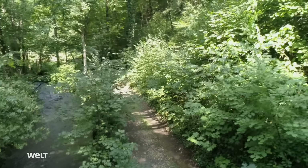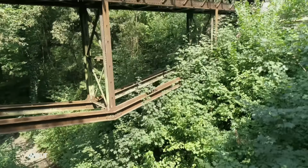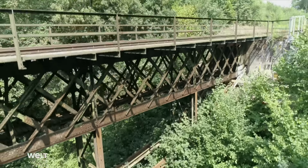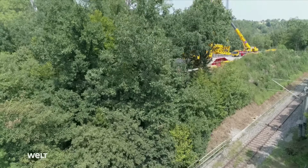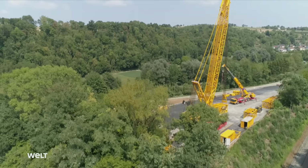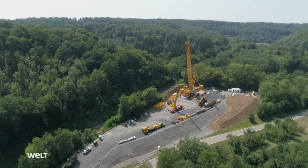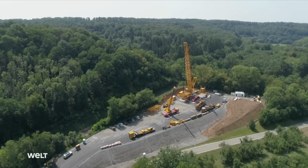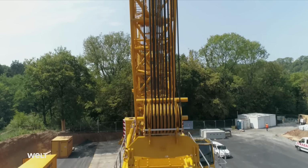Swapping the bridge out is a complex task. Heavy machinery or cranes are not permitted into the conservation area. As a result, the engineers intend to operate from a staging area located 60 meters from the creek. A specially constructed plateau serves as the foundation for one of the most powerful cranes in Germany, the Liebherr LR